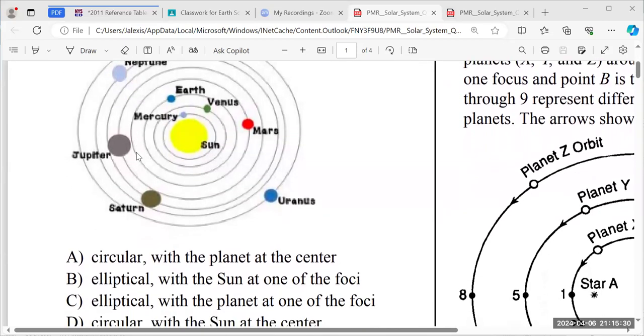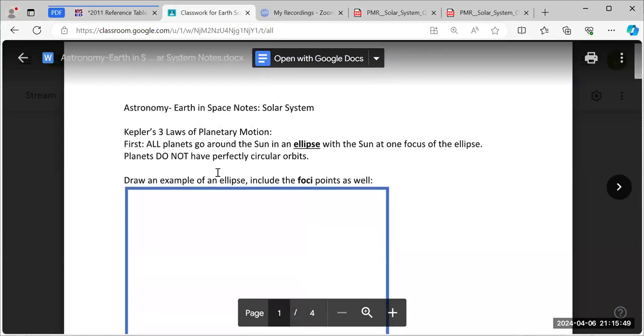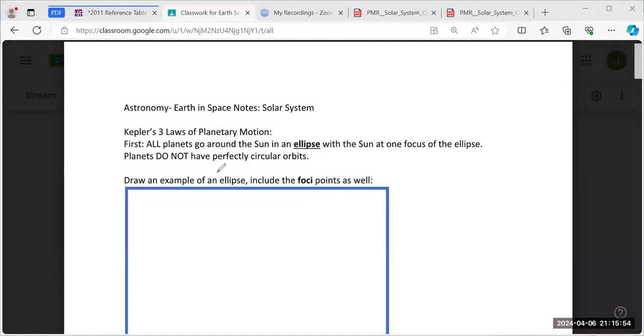In the options, I already see right off the bat either circular or elliptical. If we look at our notes, one of the things that we can see right away is Kepler's first law, that planets do not have perfectly circular orbits. As a matter of fact, all planets go around the sun in an ellipse with the sun at one focus